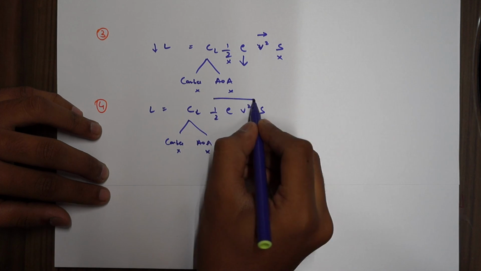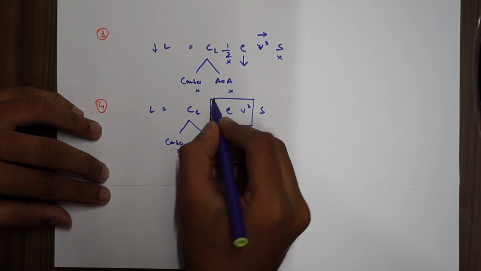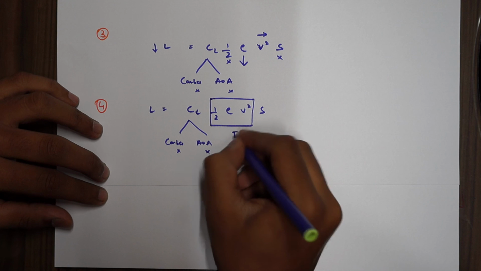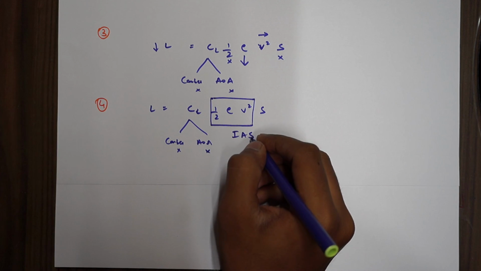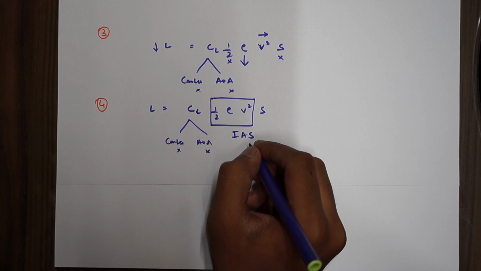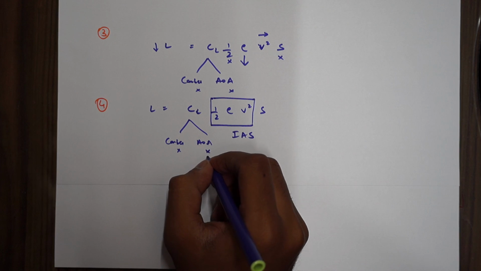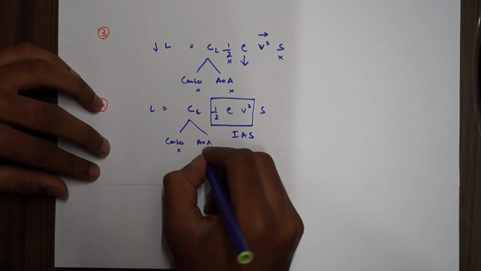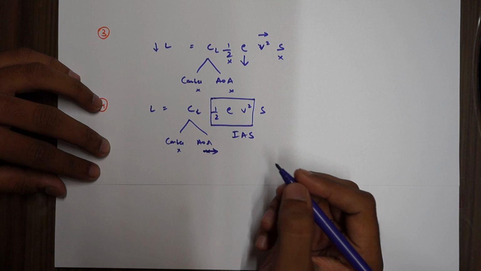If the dynamic pressure or the IAS, indicated airspeed, is kept constant and the angle of attack is also kept constant,